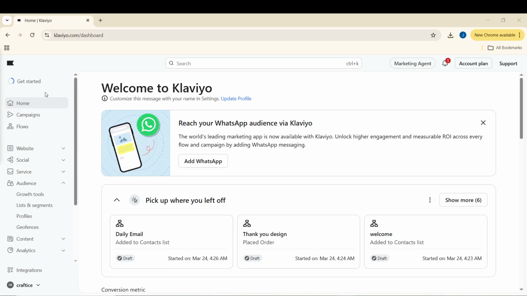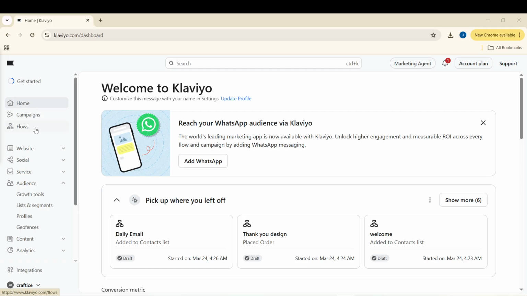In today's video, I am going to teach you how to test an email flow in Klaviyo. Testing a flow email is an important final check before you rely on it to send to real customers. A good test confirms that your layout looks right, your links work, and your personalization renders the way you expect. It also helps you catch small issues like spacing problems on mobile, missing images, or text that gets cut off